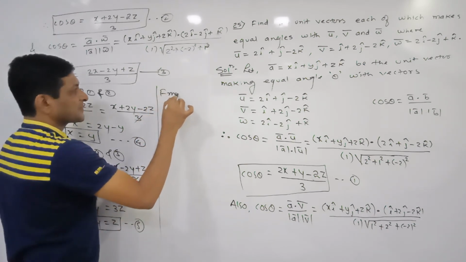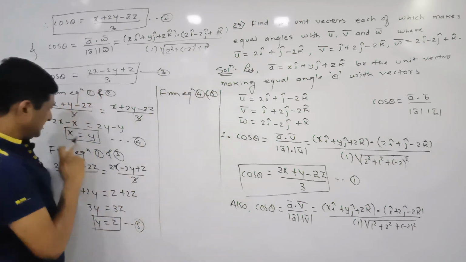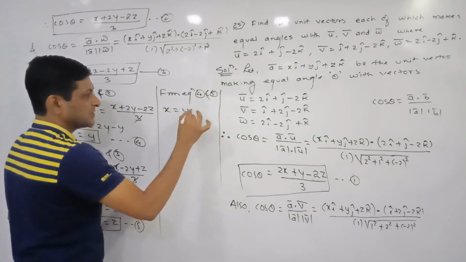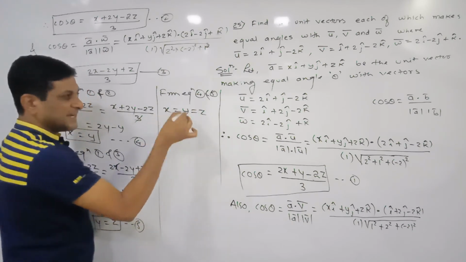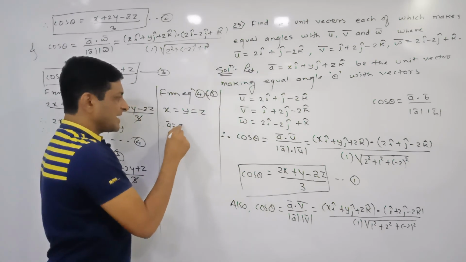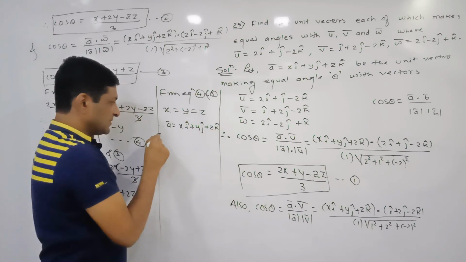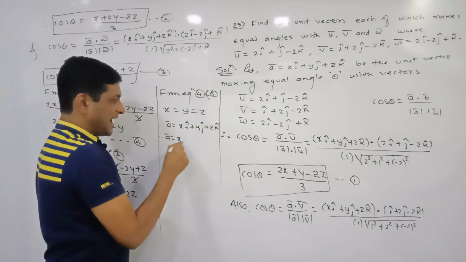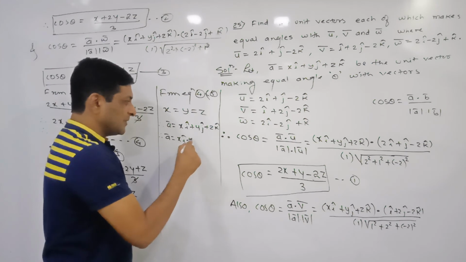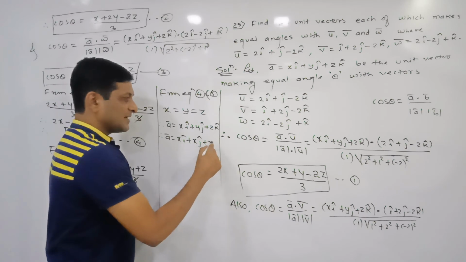So from equation 4 and 5, see what we are getting. This equation says that x is equal to y, and this equation says that y is equal to z. Means x will be equals to y will be equals to z. So if these x, y, z are equal, means we will get the value of a bar. What will be the value of a bar? x i cap plus y j cap plus z k cap. So therefore a bar will be equals to x i cap, keep it as it is. I am replacing y by x, because y is equal to x. So here we will get x j cap. Even z is also equals to x. So here we will get x k cap.